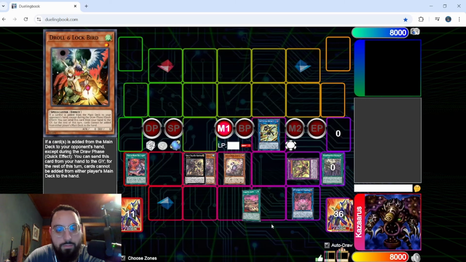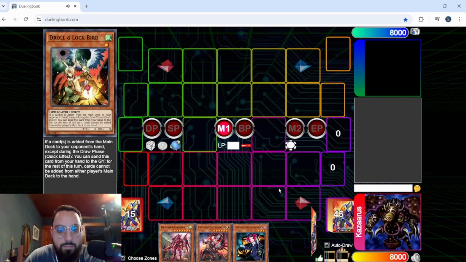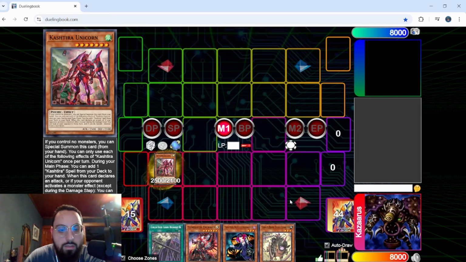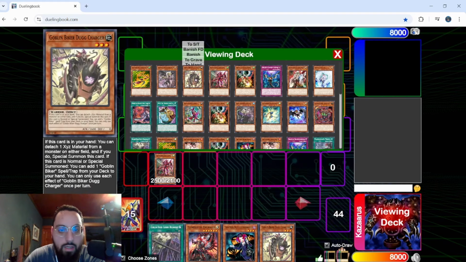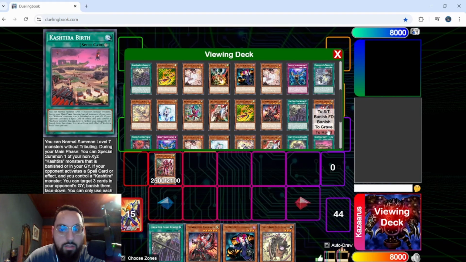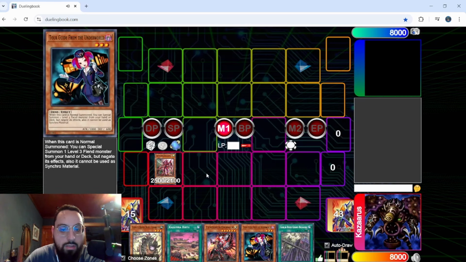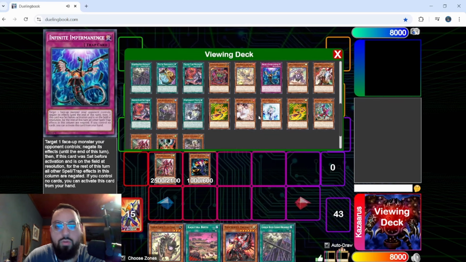Let's do one more. Yeah, like this is just all gas. This is so insane. Just special Unicorn. You could dodge Imperm or Veiler with Grand Breakout. If not, you just add the Birth. If you get Drolled here, it's kind of fine because you opened Tour Guide, so you can just go Tour Guide into